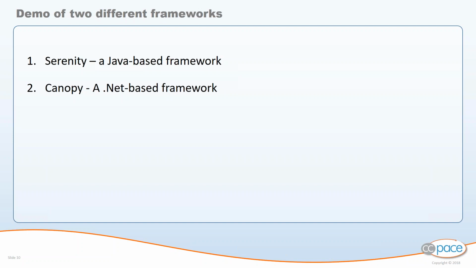Okay. So now we'll get into the demo. We laid out the different kinds of tests using the test quadrant. We talked about functional acceptance tests in detail, covered some automation best practices as well. So let's take a look at some examples of functional acceptance testing. We're going to show you some examples from a real application that we helped develop, and we're going to show them using two different frameworks: Serenity, which is a Java-based framework, and Canopy, which is based in .NET. We'll go through the demos first and then compare the tools at the end.